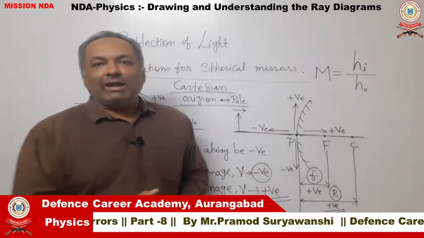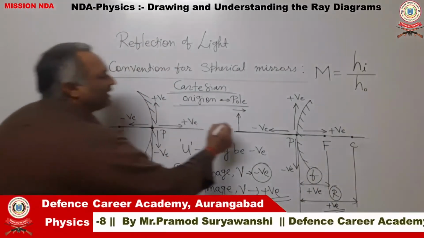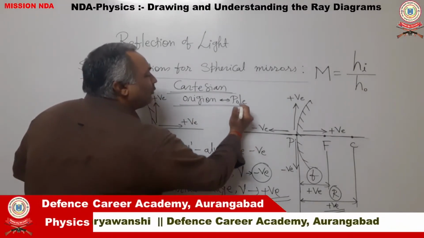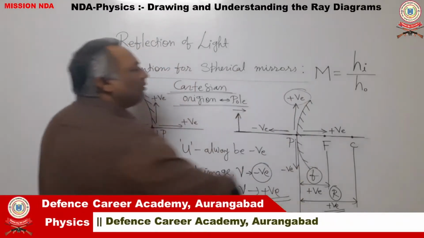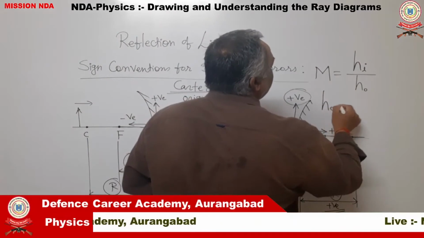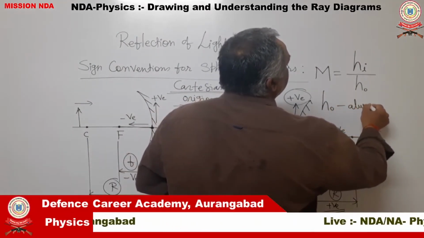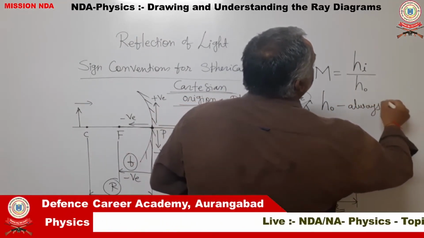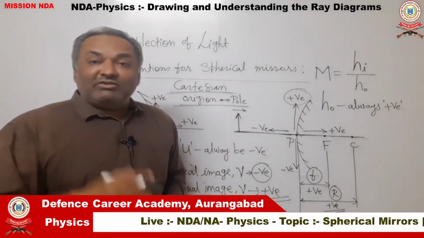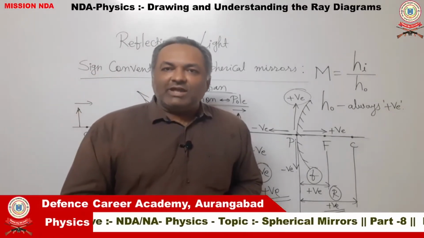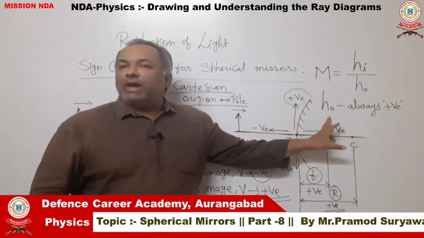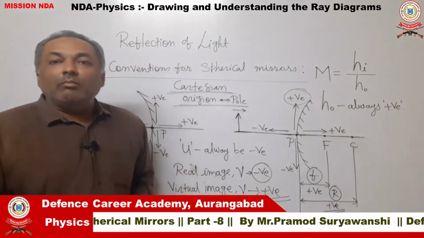As a result of that, when you measure the height of the object, you are going in the upward direction, which is a positive direction. Because of this point, the height of the object is always positive without an exception. Because the object is always placed on the principal axis such that all of the object is above the principal axis, when you measure the height of the object, it will always come out to be positive.